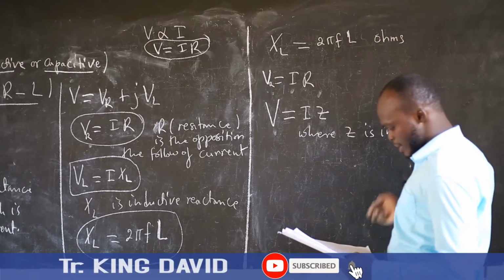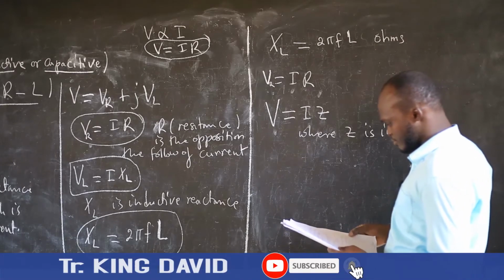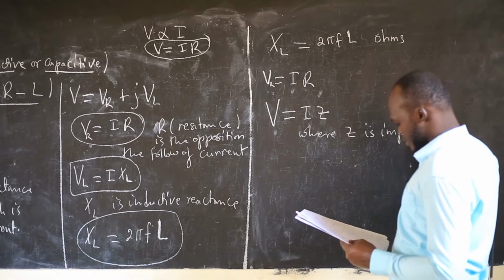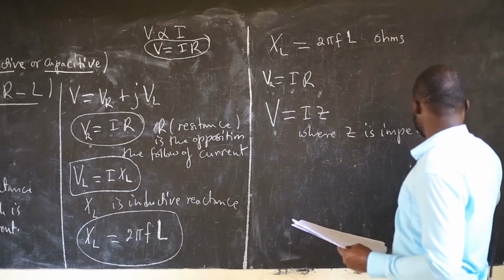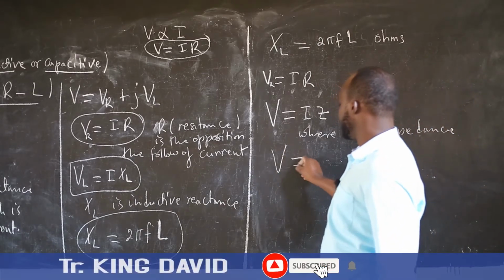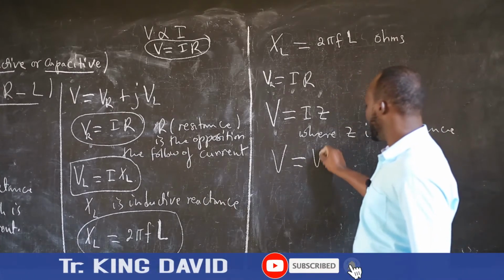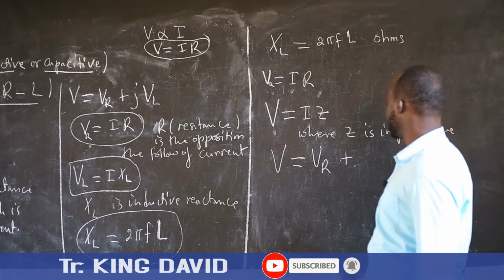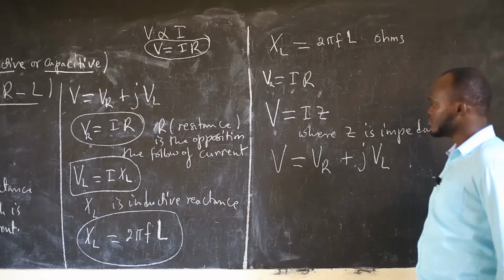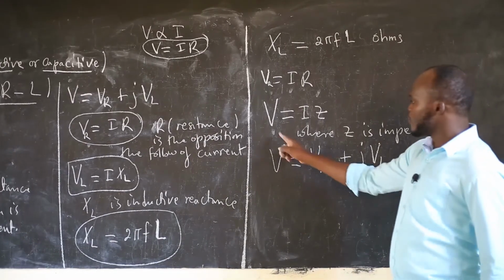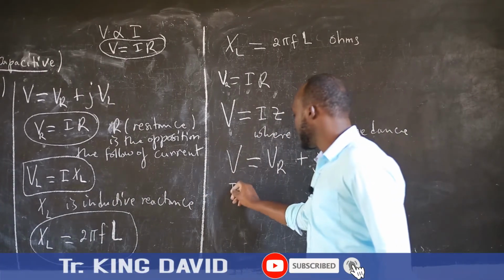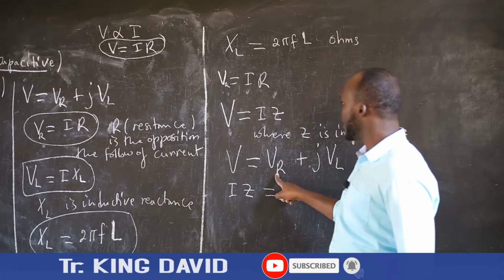Our Z is impedance. So our Z will be the impedance. Now we come back to the formula where we have V equal to VR plus jVL. If our voltage is current times impedance, then current times the impedance will be equal to VR, which is current times resistance,